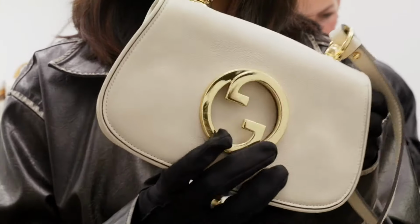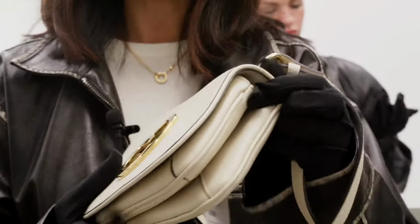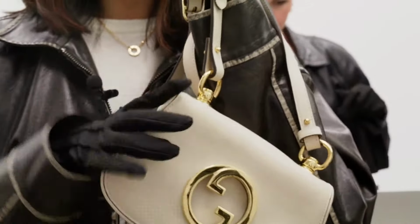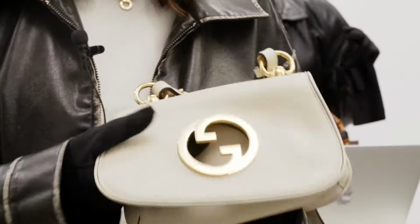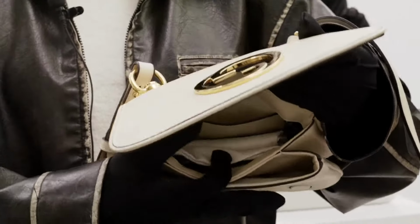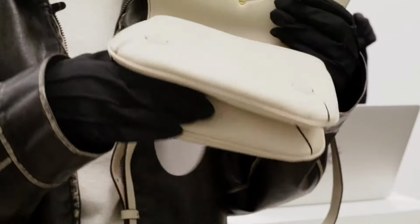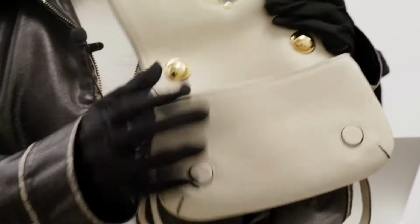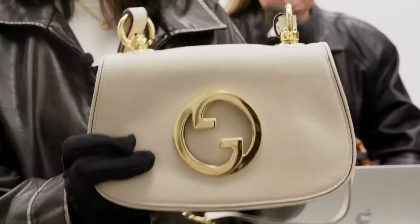Other than that, just to show you guys the trim of the bag, the shape of it still looks amazing, and it comes with this strap that you can wear crossbody or as a long strap shoulder bag. I'll show you guys the interior of the bag. It opens with these magnets, and it does fit a lot, and it also has a dust bag. It's envelope style, so honestly, envelope style bags are some of my favorites because you can fit so much. It's so expandable, but really overall, you guys, this bag is in excellent condition. Great piece,